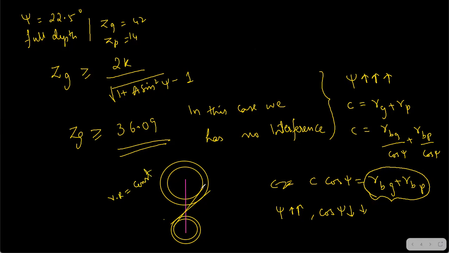Velocity ratio is not changed even though the base circle radius is changed. See, I have changed the base circle radius. I have decreased the base circle radius. That's why the pressure angle is increasing. See, this is the pressure angle. Initially, this was the pressure angle. Now this is the pressure angle. So pressure angle increased.